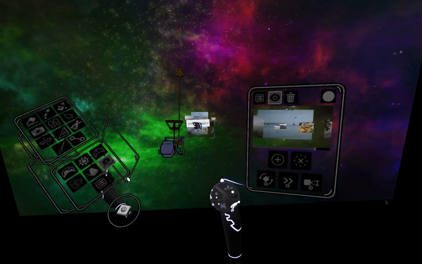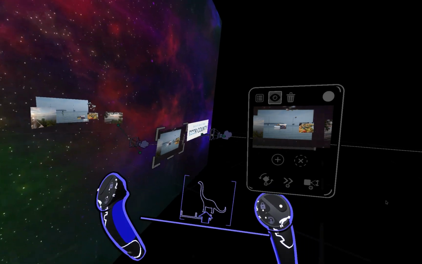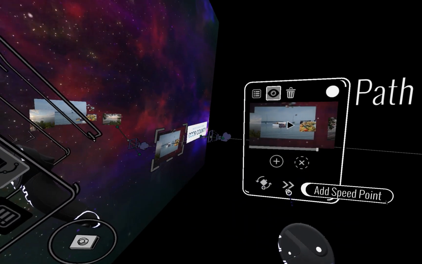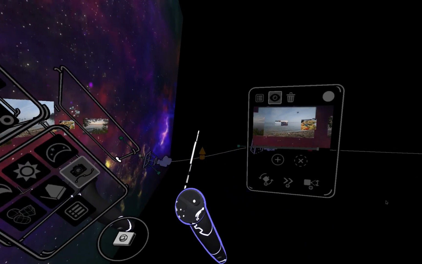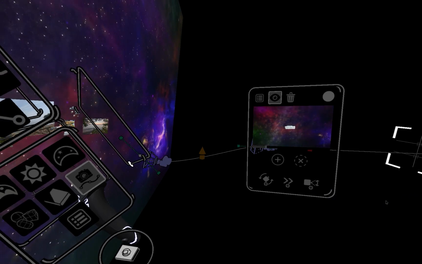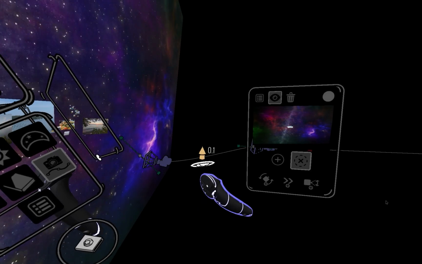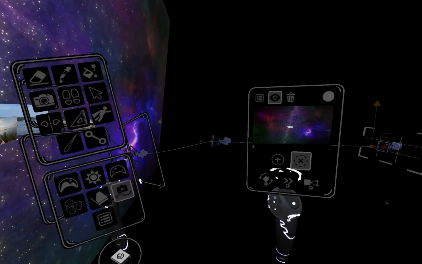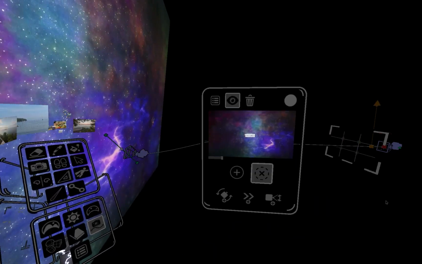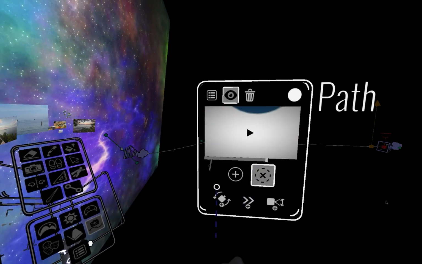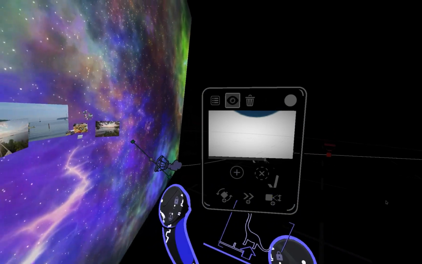Okay, so I've introduced you to the direction tools, the speed tools, and the zoom tools. Now, we haven't really played with the change of this. Let me clear this particular speed point out of there. And when we look at what we have without that second speed point, it's really fast and it continues really fast. So we want to slow that down